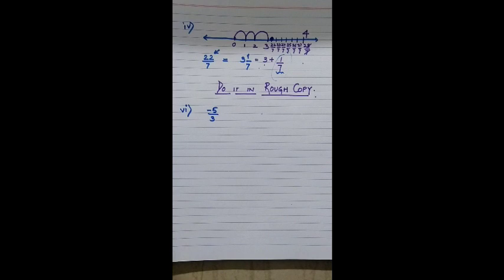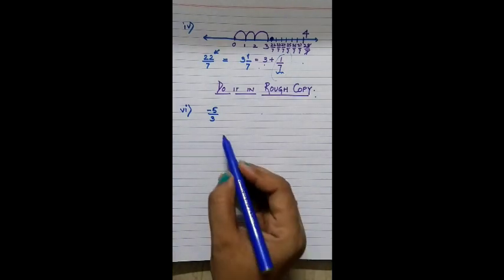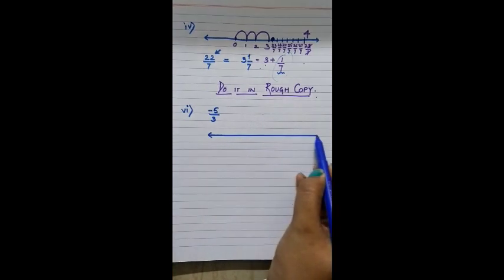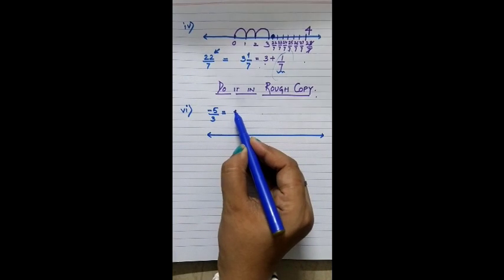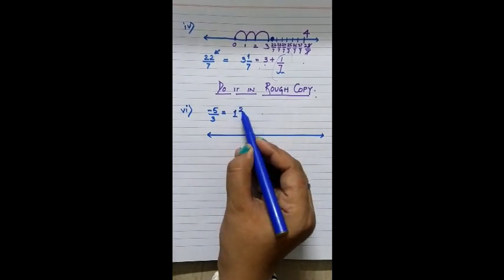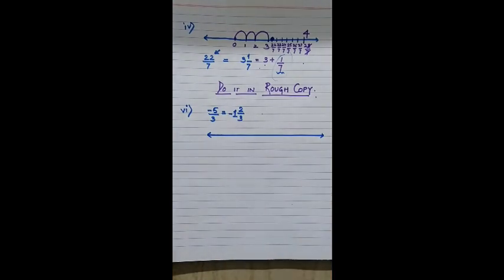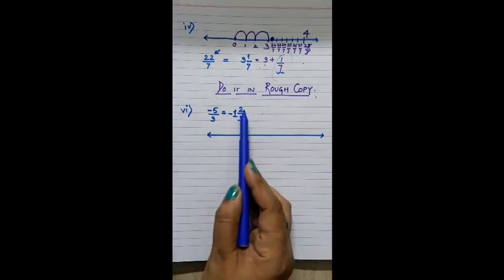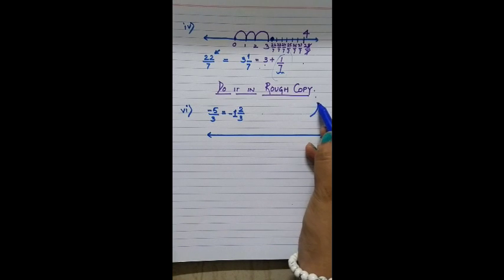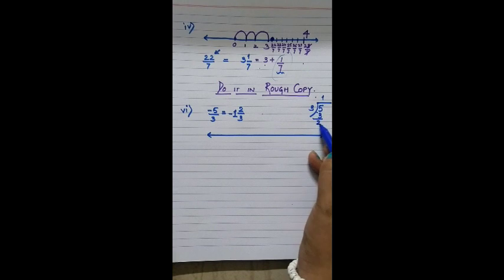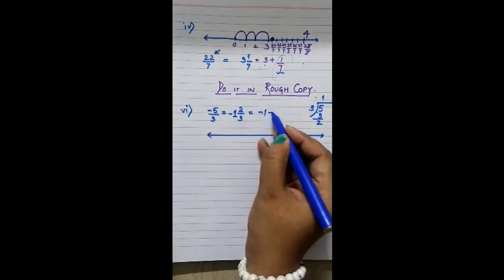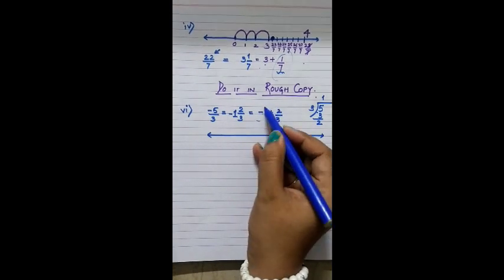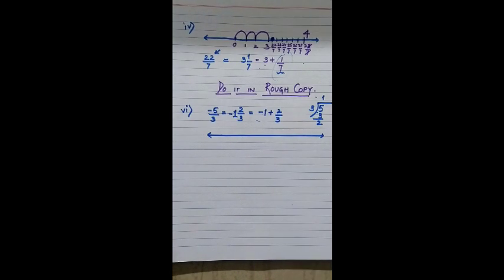Okay children, it's again an improper rational number. In that case, when we have an improper fraction, we will again divide it and check. So minus 5 by 3, 3 ones are 3, then we are left with 2, so 2 upon 3. Okay, minus 1, 2 upon 3. You can divide it and check out also. You know how to convert it. 3 ones are 3 and we are left with 2, children, and it was a negative minus 5. So we are getting minus 1 2 by 3. So minus 1 whole and then 2 by 3 as a rational number.